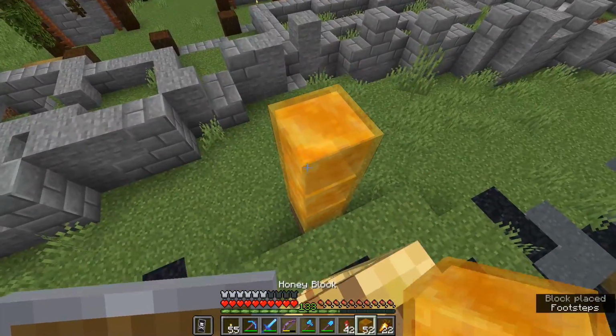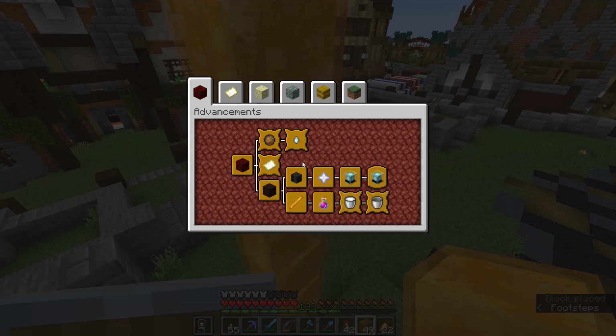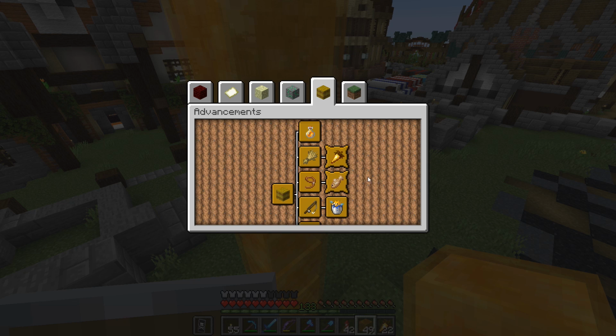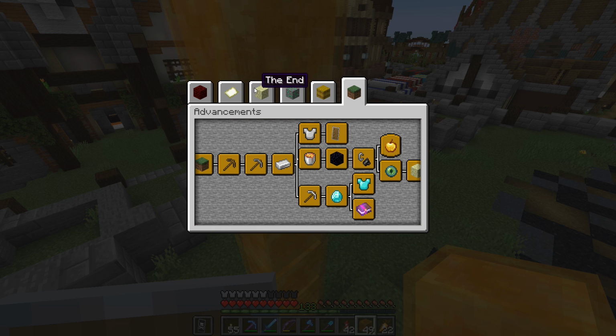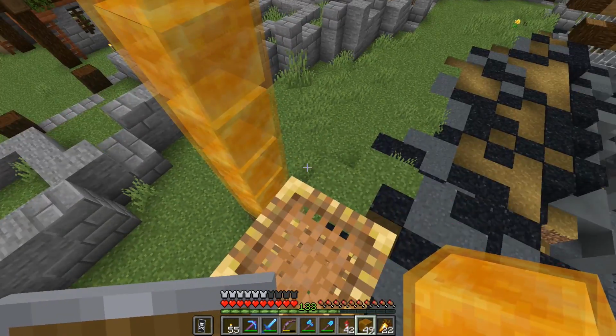And this is the last advancement that I need to get to complete the entire set. The problem is, I already have it. I think it's here in Husbandry. Whereabouts is that? Or is it in one of the Adventure advancements? Yes, there it is. Sticky Situation: jump into a honey block to break your fall. I accidentally got this on a live stream, so what I'm going to do very quickly here is show you